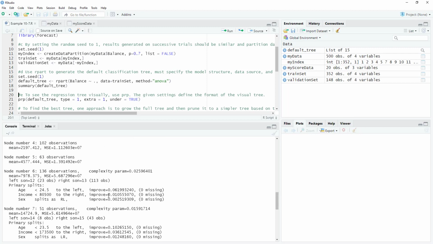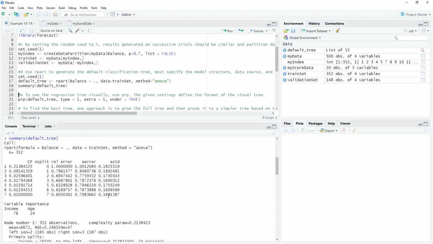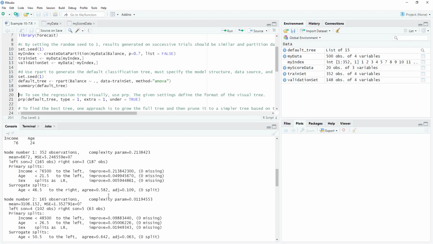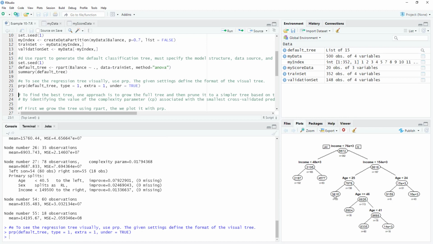So here in the console, I now have information about my regression tree. And this information may not make a lot of sense, or it may not seem very easily organized in text, but we can use the PRP function to actually visualize the tree. And I'm going to hit run again so that line 21 runs and we actually see our example tree. So here we see a number of different splits. We can interpret